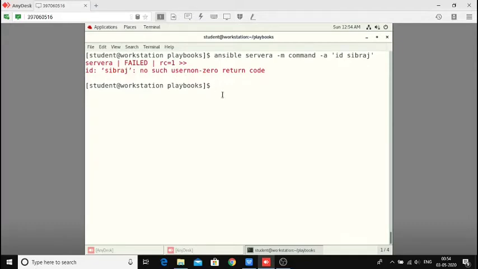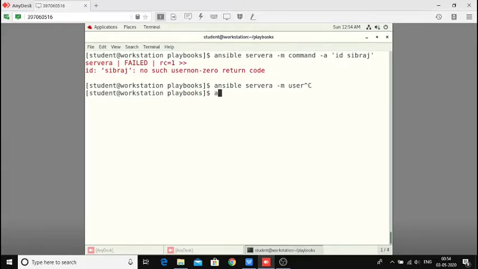So let me create that user on server A. I can go with ansible on server A, -m, and here I will take the user module.